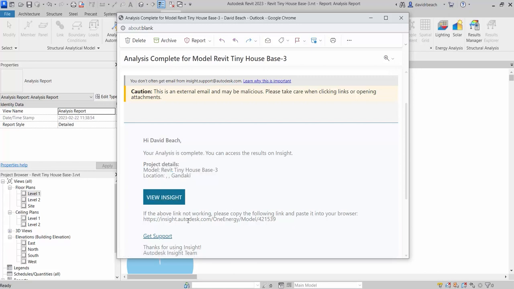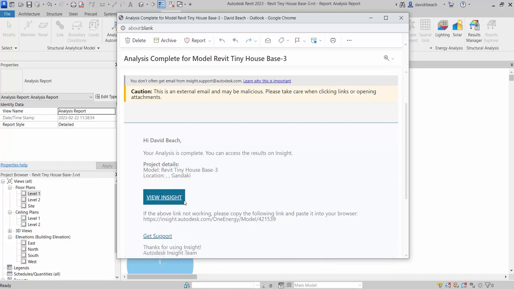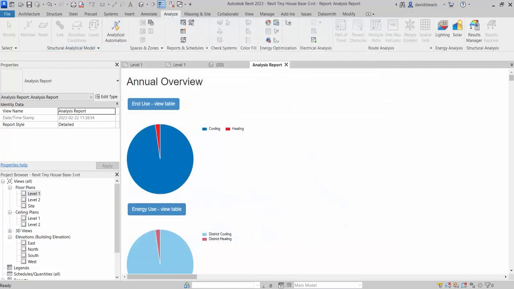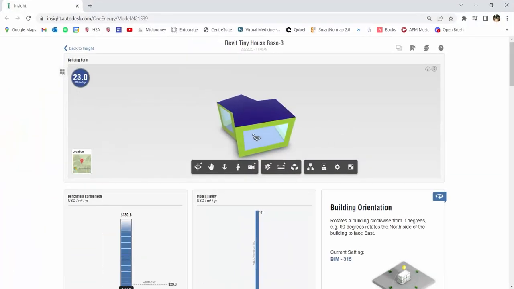So I'm just going to click View Insight. And this should open up a new tab for me. Open link, a new tab. Actually, let me close this down, and I will slide that in from my web browser. So here you can see the building